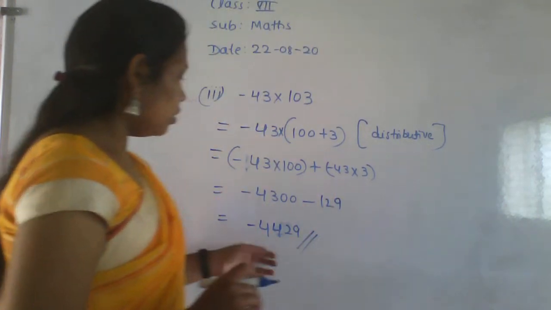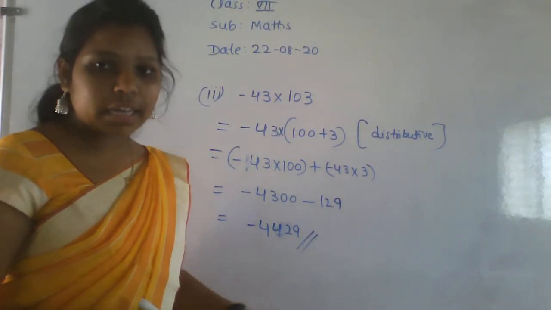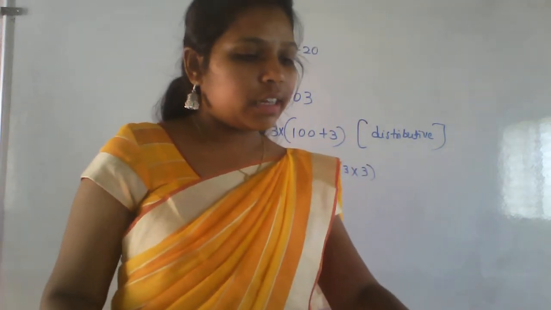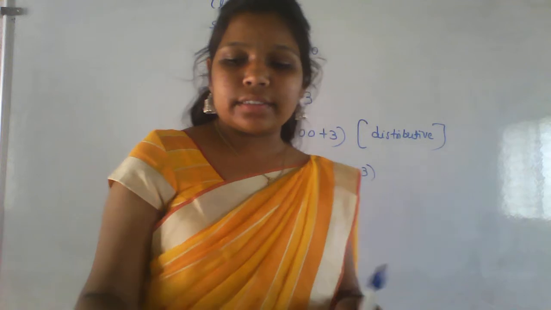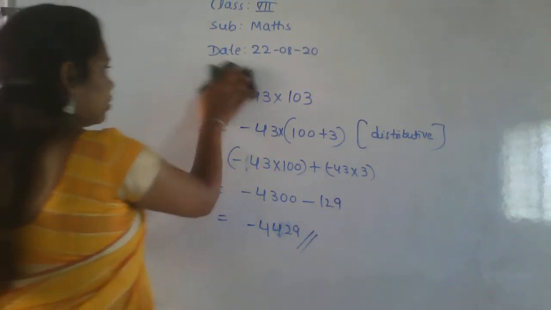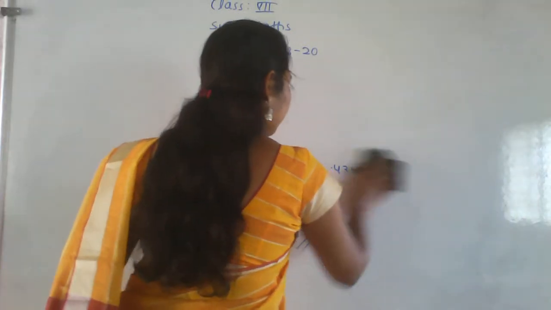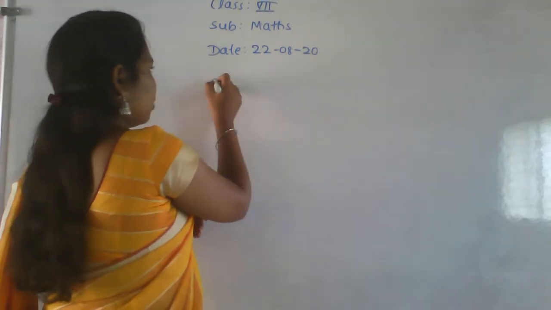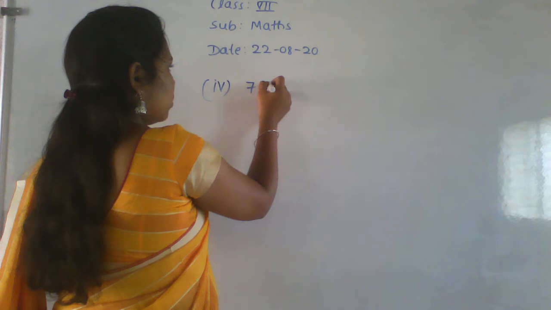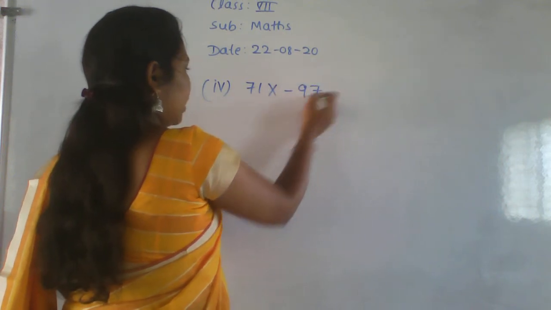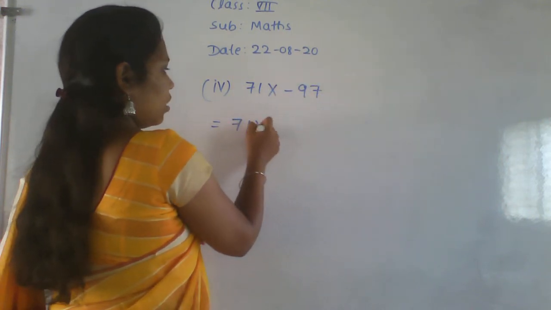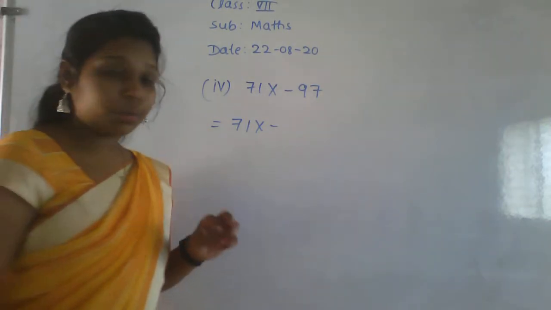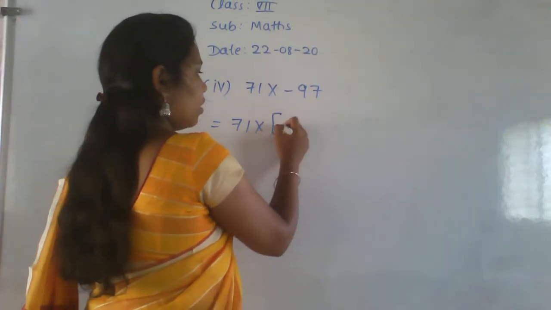Okay, so this is the answer here. Next we'll go to the next question, that is the fourth one, 71 into minus 97. Minus 97 can be split into two terms, that is minus